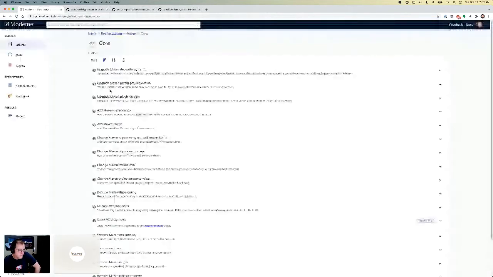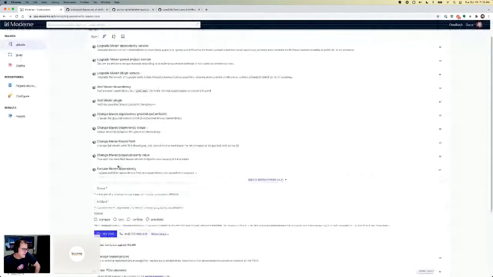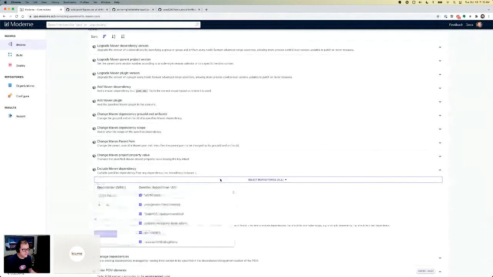So in addition to search, we have building blocks like this one, exclude Maven dependency. So we're basically going to say, all right, JUnit, I want you to remove it from the compile scope. And this time, since we were looking at that one specific project, it was Alibaba.